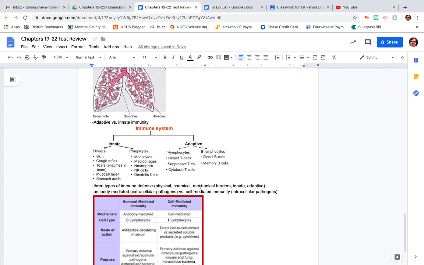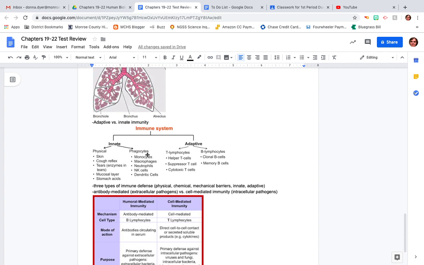Again, our physical, chemical, mechanical barriers include things like our skin, which is a physical barrier. The chemical barriers would be antibacterial enzymes in our saliva, in our tears, acid in our stomach, mucus in our respiratory, reproductive, digestive tracts. And then our innate, we said, was things like our fever, our inflammation,